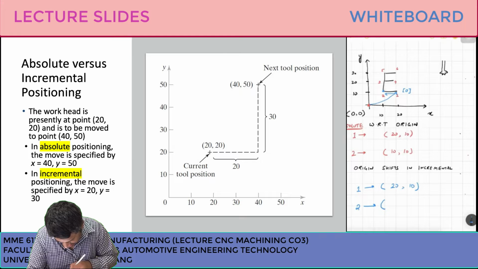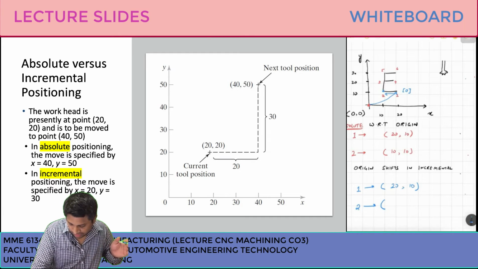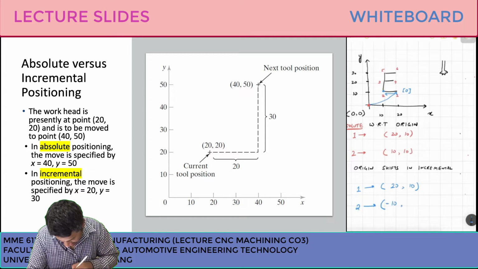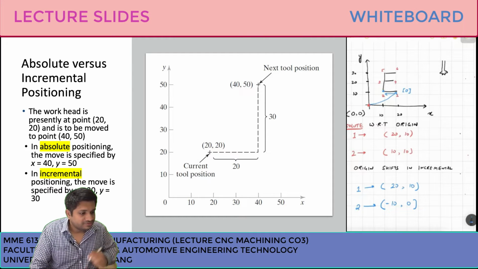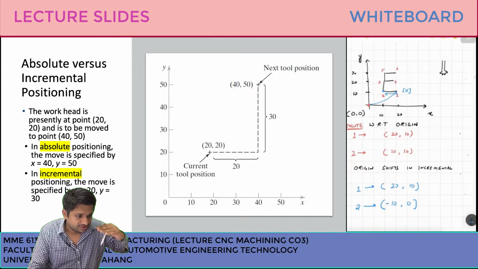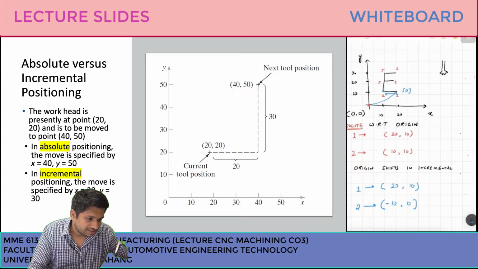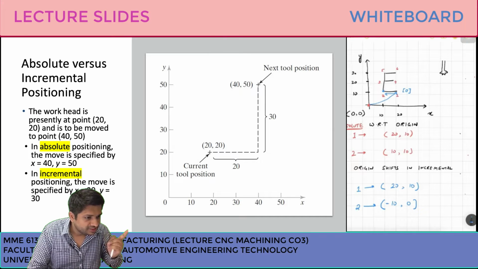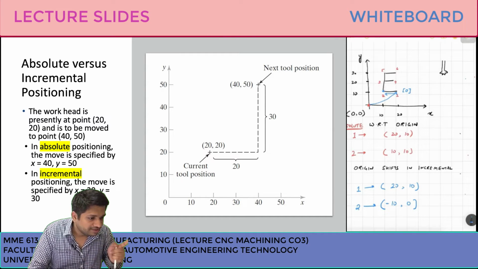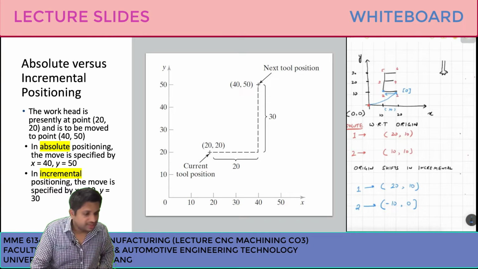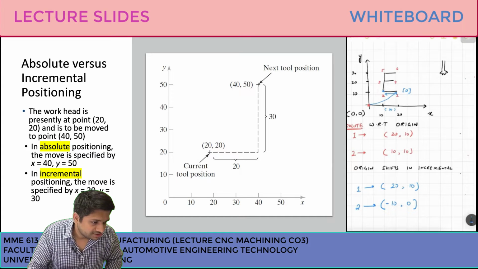I will tell the machine to go minus 10 comma 0. Because with reference to the origin there is no change in the y-axis, it was 10 previously, so there is no need to change the y-axis, and the x-axis needs to move back. How much does it need to move back? Minus 10. This distance is 10. So this is called the incremental positioning system.